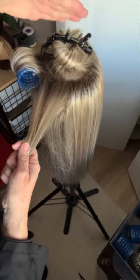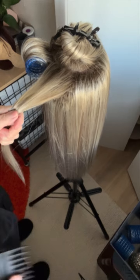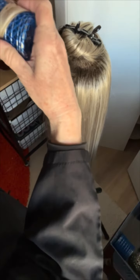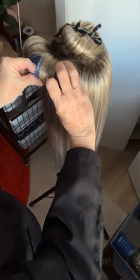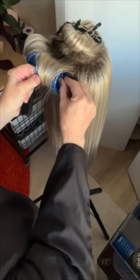Then I will secure these rollers to these rollers. You don't put pins in a monotop. Not good for it. I don't know how many rollers I have here. I'll probably use the smaller ones on the longer pieces on the bottom. Remember, we had some of those short pieces. Let's see how they're going to pop up. I'm not going to use papers. I'm just going to try to tuck them in with my fingers. And I suppose if we have to